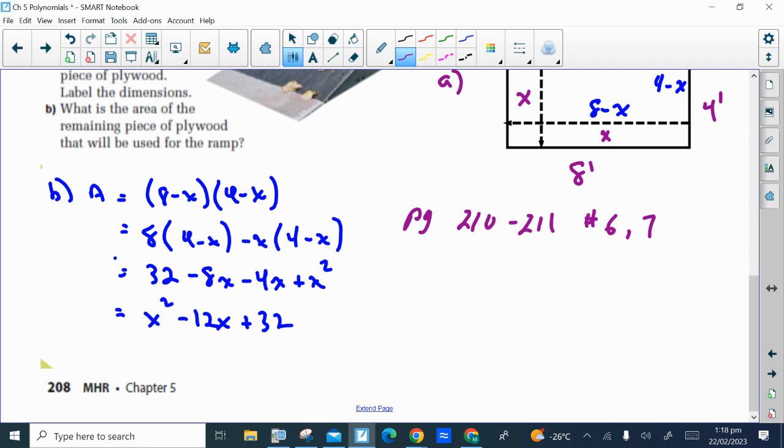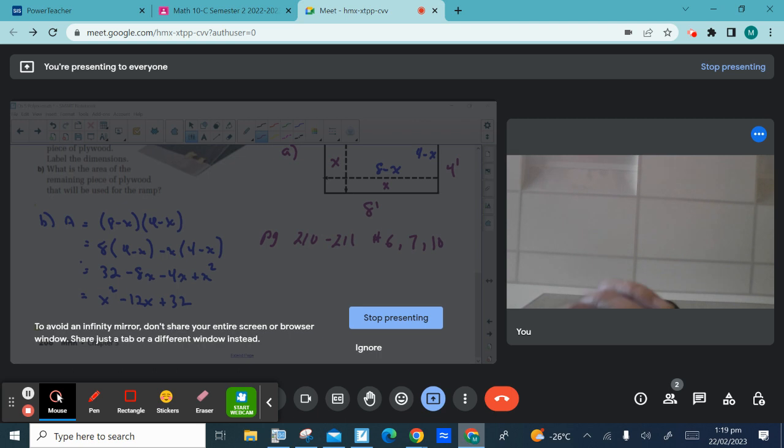I will post these, and actually 10 as well. There's just one part for number 7, one part for number 10. So I will post these solutions to Google Classroom so you can check your work. Okay? Not this one. But I think the next one will be